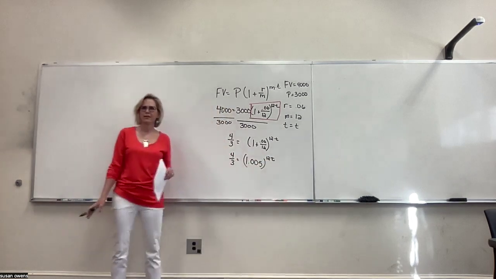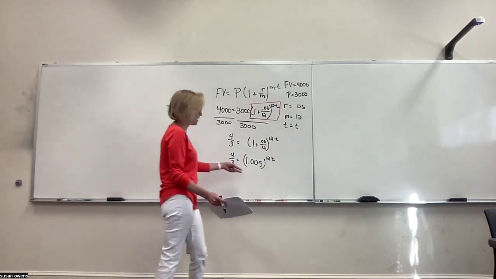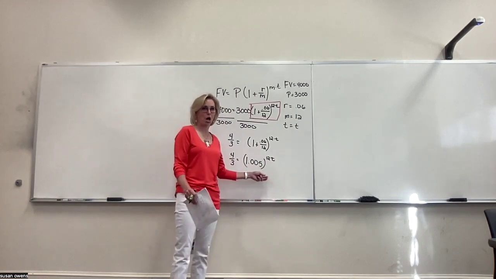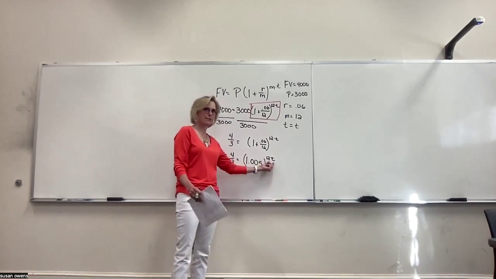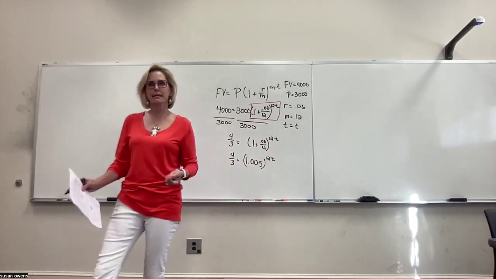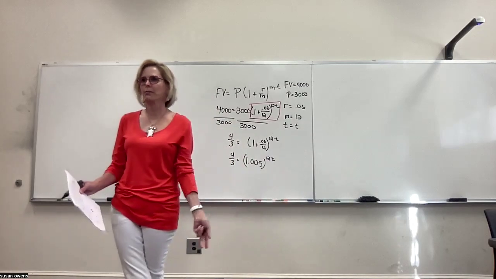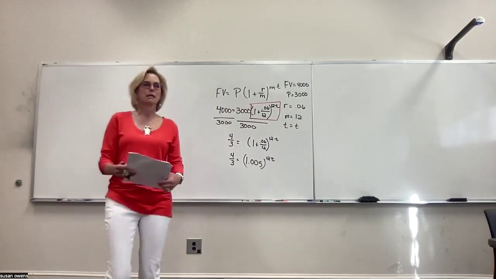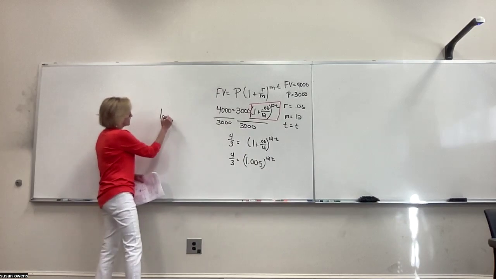Now, the other thing that y'all did at this point was just to forget about the fact that the test was on logs and divide by this. This is not this times this. This is this to this power. So I have to use logs. What base log would I use in order to make the problem easiest? Yeah, 1.005. So log base